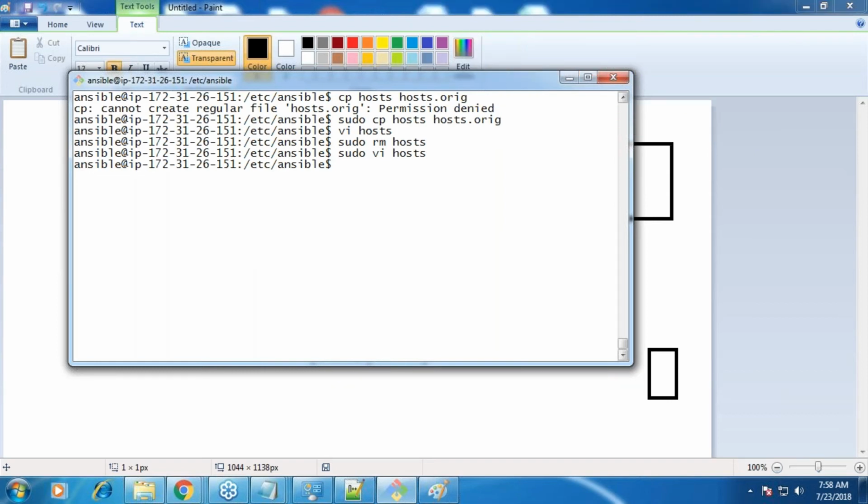We have Ansible installed. We have some inventory file, and then what comes next? What comes next is you and me trying to push some configuration, right? And the configurations in Ansible can be pushed in two ways.